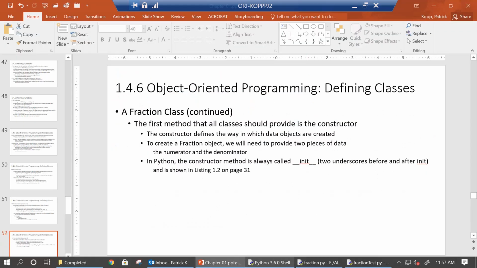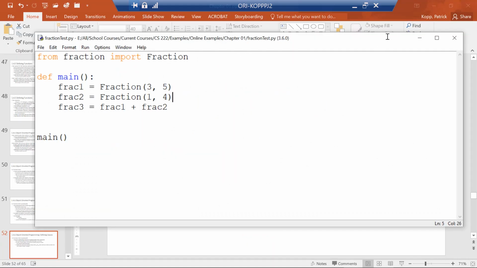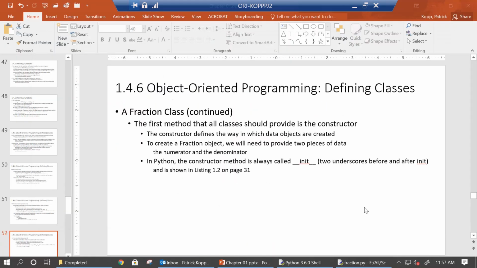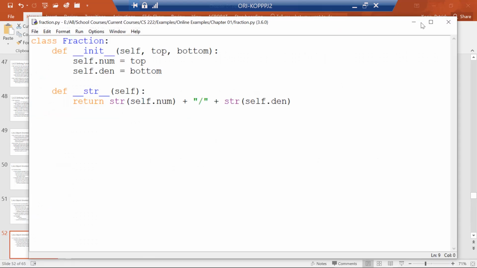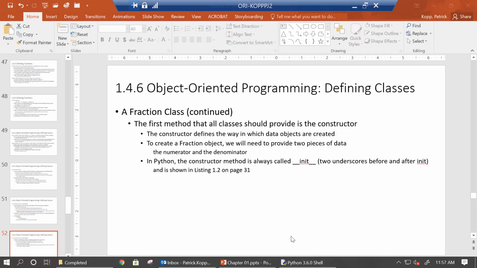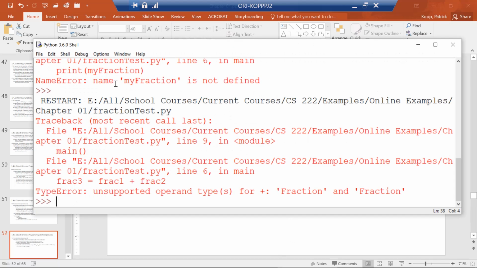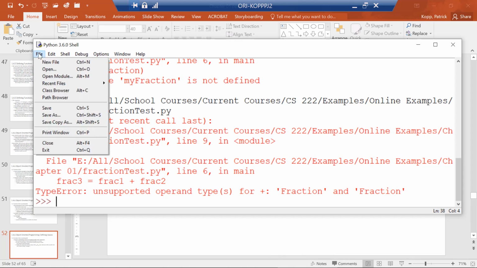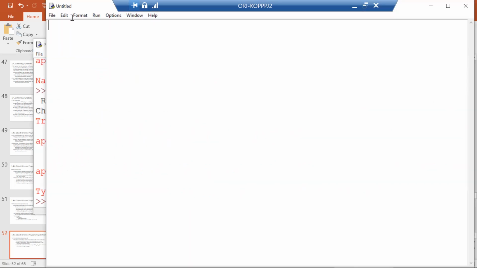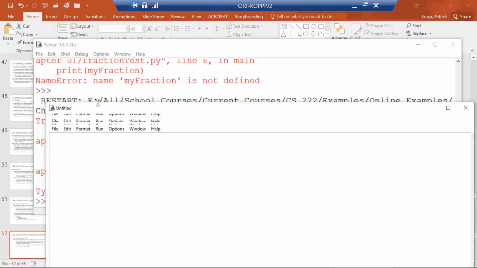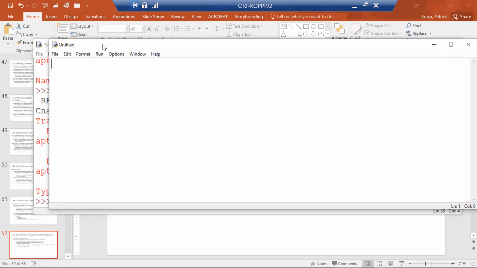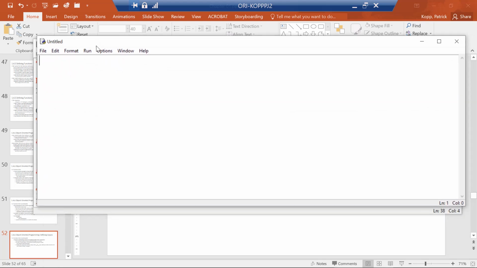Okay, we're going to go ahead and start by creating this. And I need to do a little cleanup here because I already created this stuff to test it out and make sure it worked. So I'm going to get rid of this stuff here. And so in Python, I'm going to go ahead and open up a new file. And then what we're going to do is we're going to start with creating the class. So class